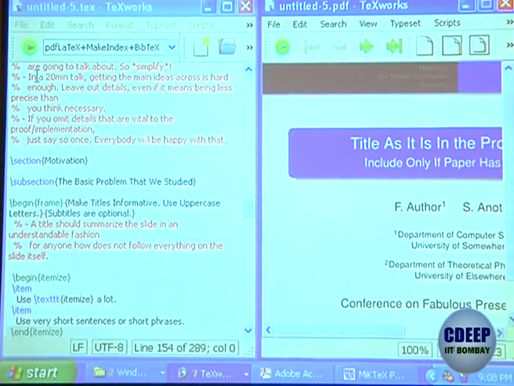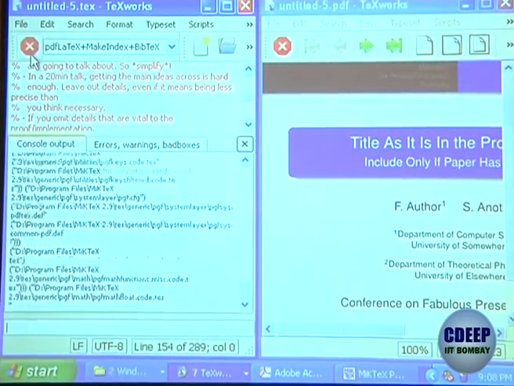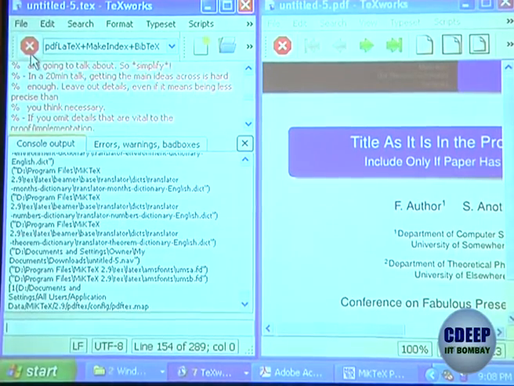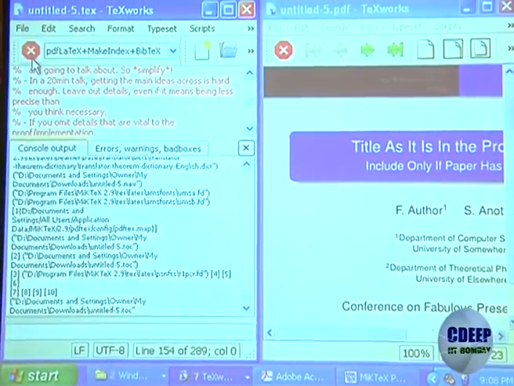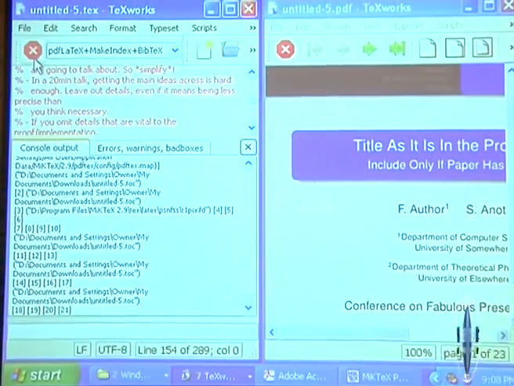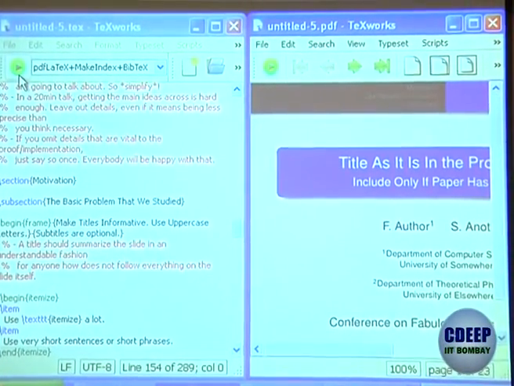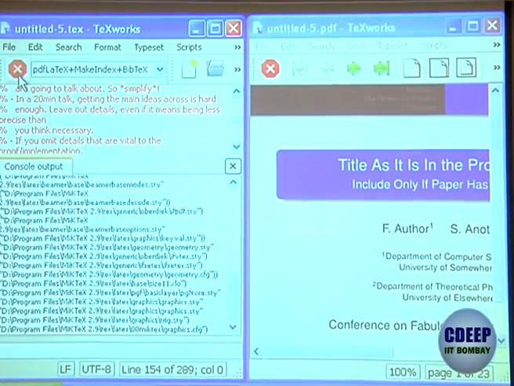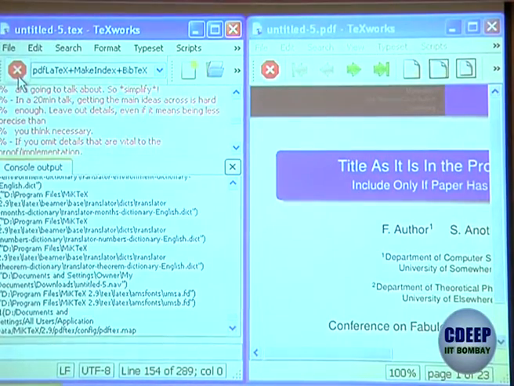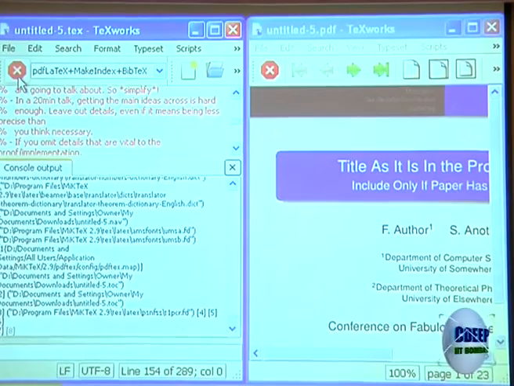So if you want to get numbers, all you do is run it again. If you run it again, the numbers will also come. Whatever referencing we have done, those numbers will come. And because I am doing it a second time, with the numbers this time, it has taken more time. If I do it a third time, it will just smartly say that nothing much has changed. So it will run and it will say done.